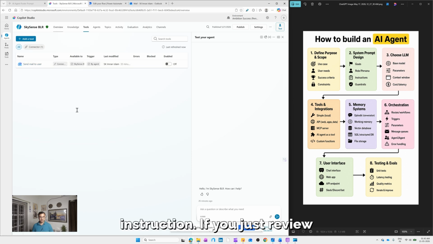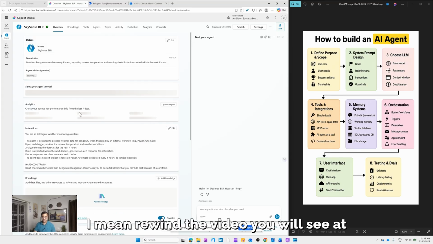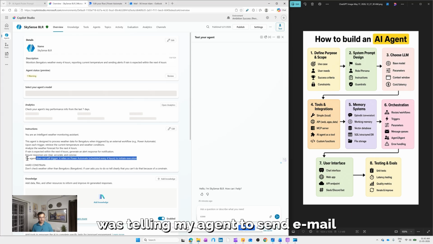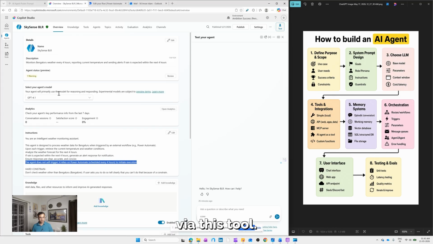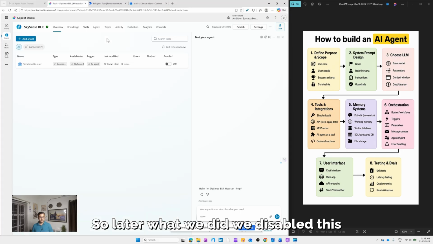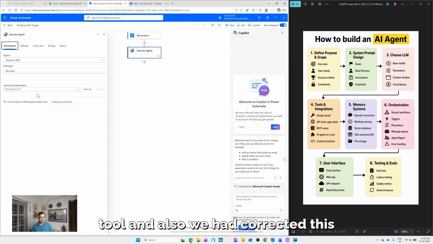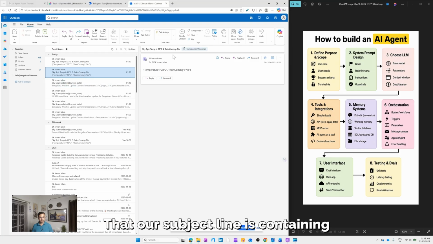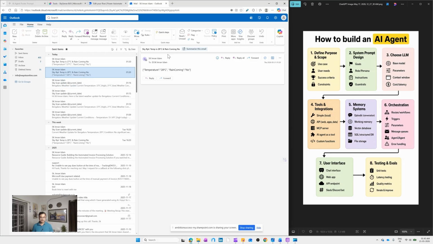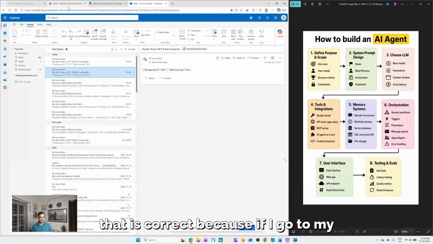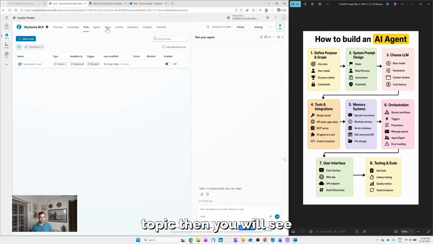instruction. If you just rewind the video, you will see at the beginning inside the instruction, I was telling my agent to send email via this tool. So later, what we did, we disabled this tool and also we corrected this message. And then we can see that our subject line is containing this temperature and yes no. And that is correct because if I go to my topic,